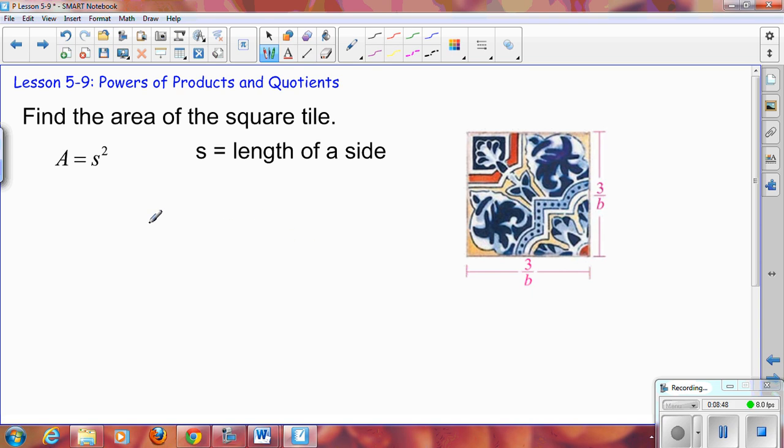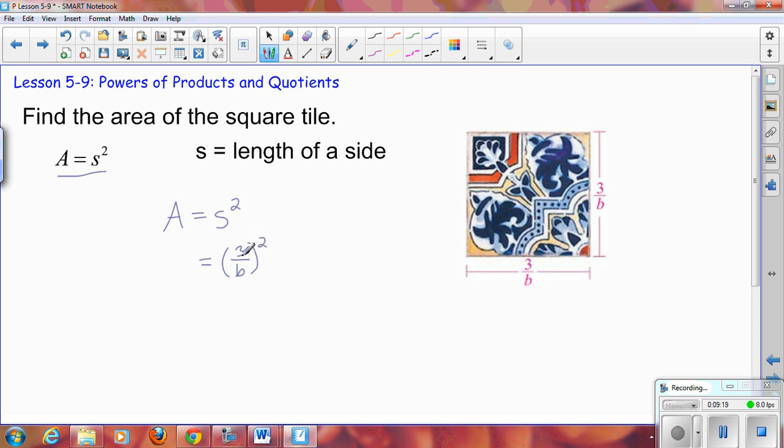Okay, the area of the square tile. They give you the formula. Area equals s squared. Side times itself. S is the length of the side. Okay? The length of the side here is 3 over b. So we write the formula A equals s squared. Then we substitute in for s, 3 over b. A equals 3 over b